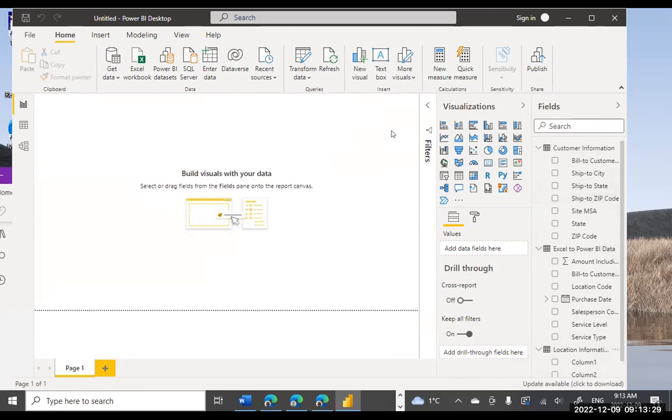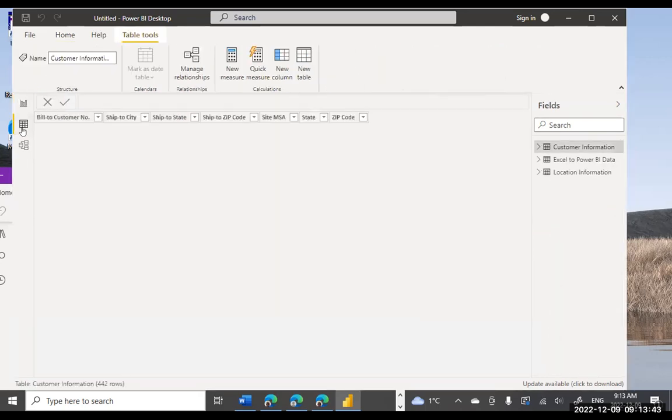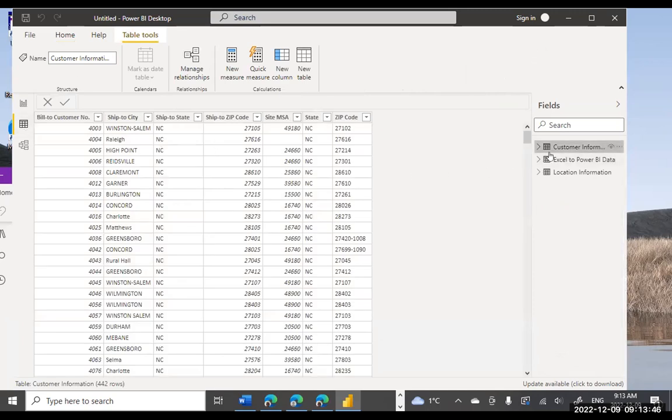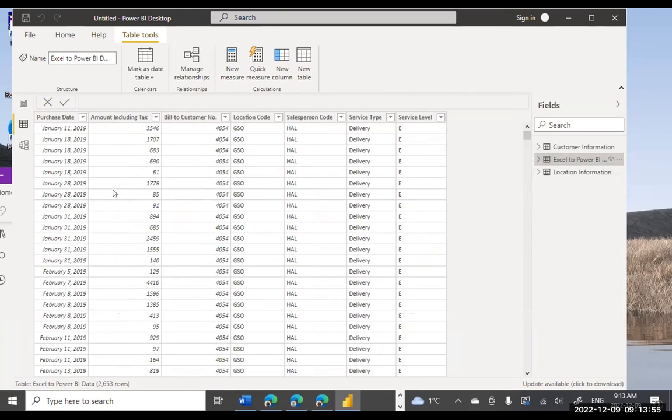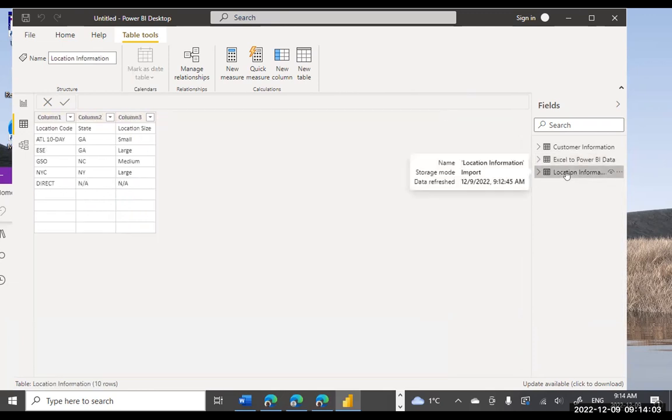If you want to see specific data for each worksheet, remember right now it is Report view. Next, you click Data view. And now you can see the data from customer information. And if you click the Excel to Power BI worksheet, these are the records for Excel to Power BI. Last one, location information. You have location code, state, location size, but